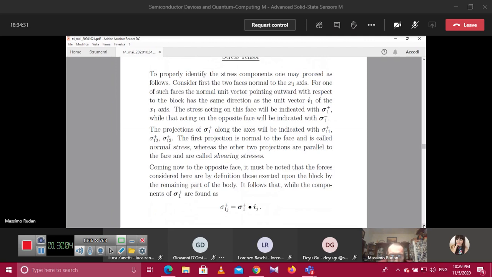Now I have to change the slides. So I will try to put on the screen other slides because they have information that is connected to this, but better visible. So let me try to